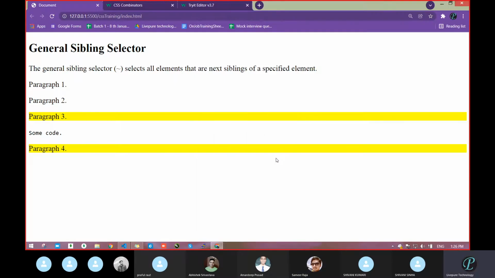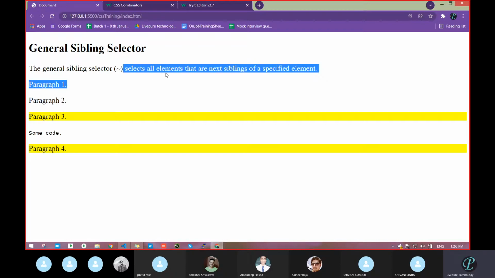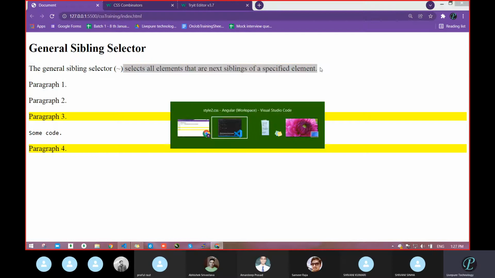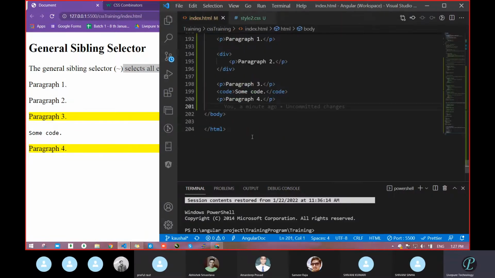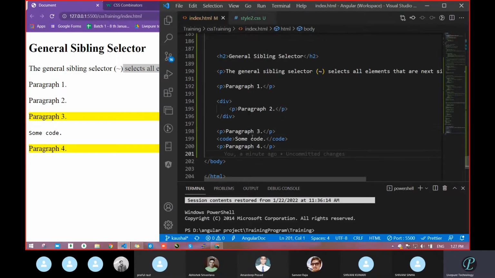So what had it done? General sibling: in general sibling, we identify with the help of the tilt symbol. You make a relationship with the tilt symbol. It selects all elements that are next siblings of a specified element. Means what? Next sibling, in the sense of which one?